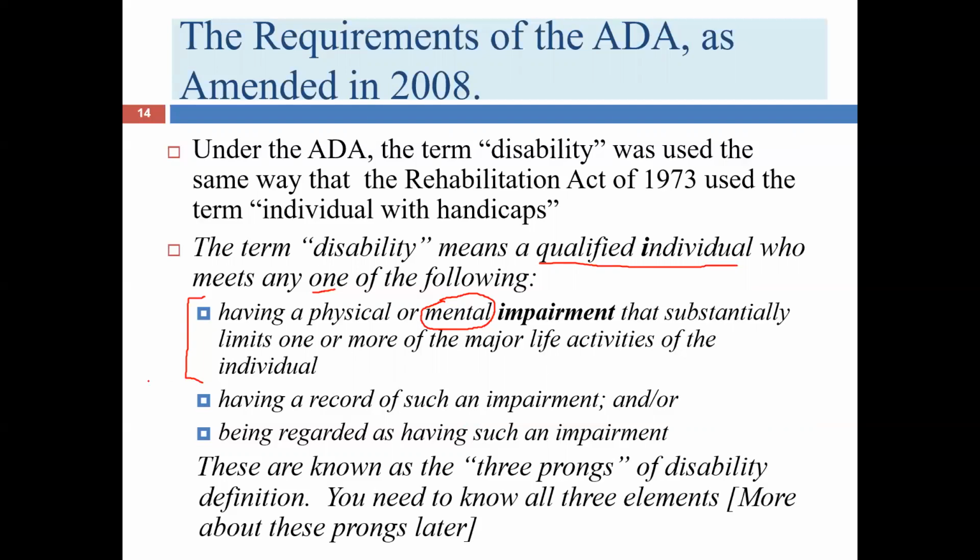And finally, and this is kind of similar to number two, number three is being regarded as having such a disability. And oftentimes that's the reason why people rely upon the record of such an impairment, because the idea is, oh, you got cancer once, maybe you'll relapse, or you had this situation come up before, maybe it will come up again. And so sometimes the feeling is that the person really isn't fully recovered. So being regarded as having an impairment, whether the person has it currently or not, can also satisfy the requirements of the Americans with Disabilities Act.